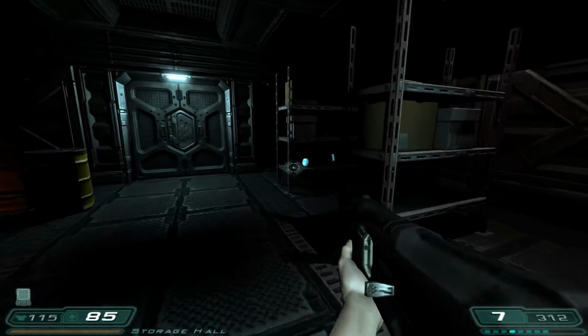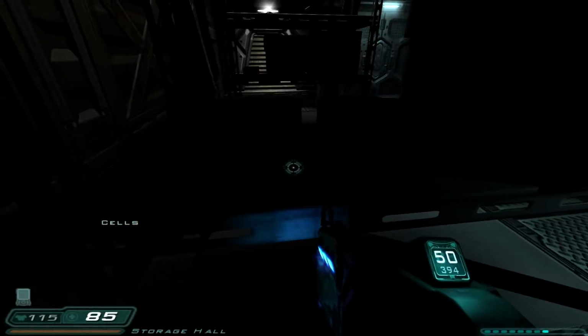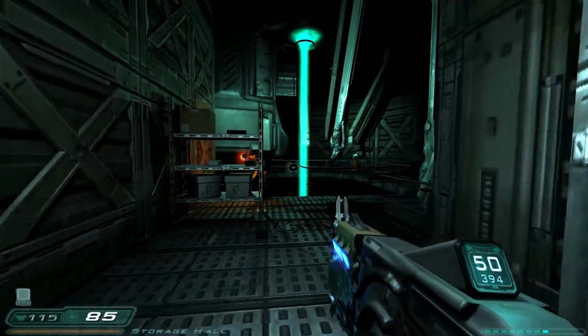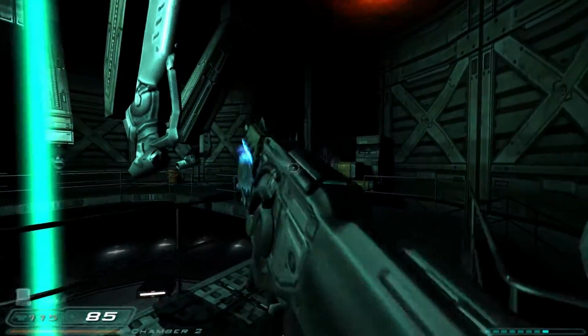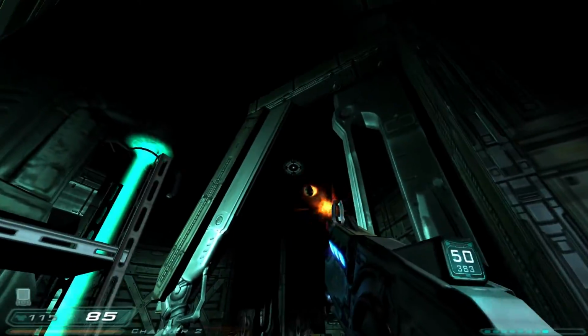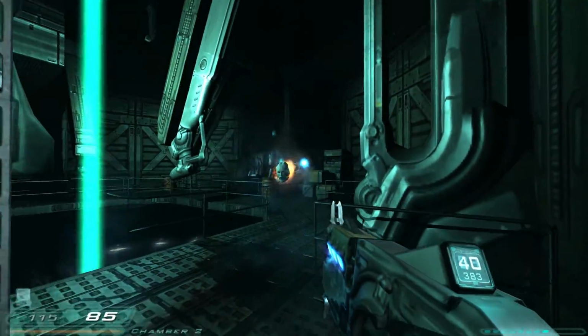Unfortunately, we're not going to be able to acquire that transmission card that Sarge was nagging us about earlier because we have to embark on a side quest. We have to replace a coolant rod. That sounds exciting, doesn't it? Yeah. Anyway, move on into this room after you kill that imp. That's going to spawn 2 Lost Souls. Come on, let me just...